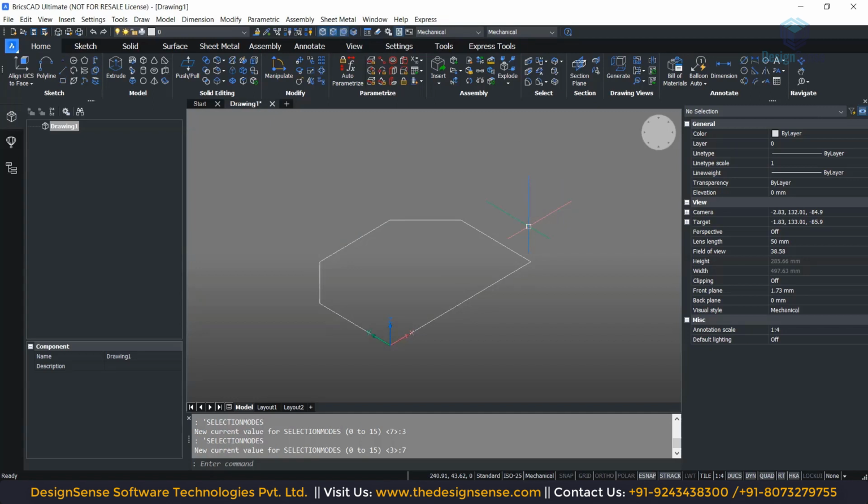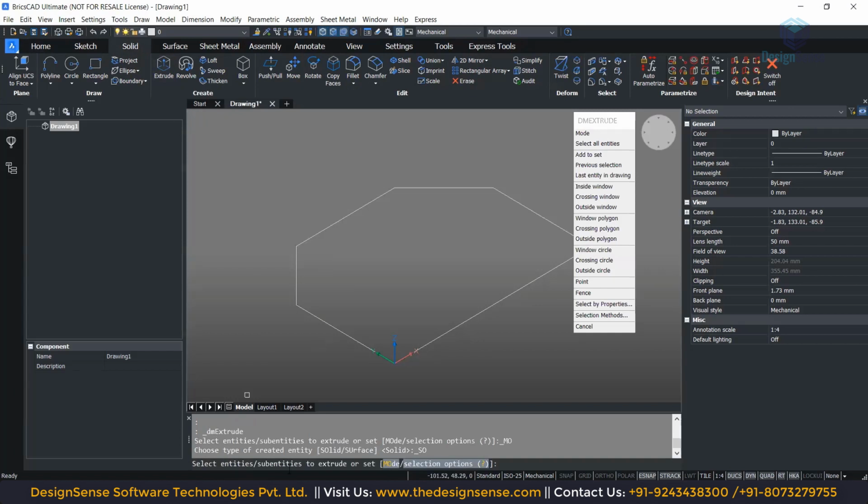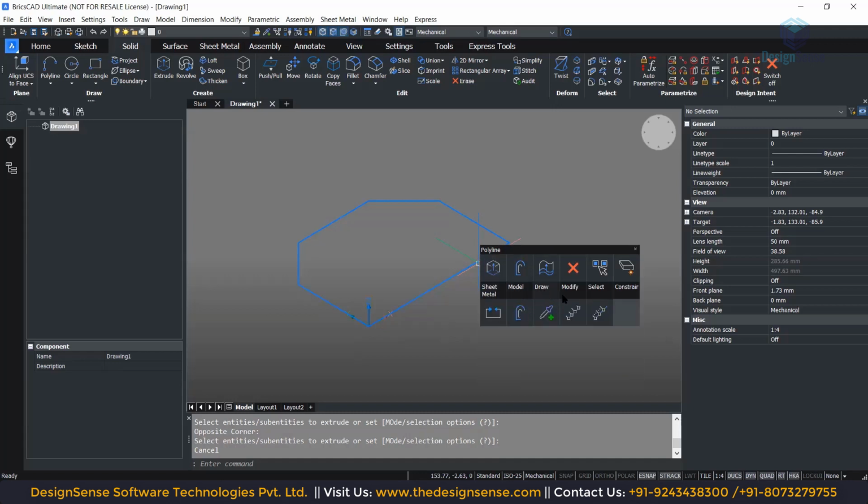Okay. Now the next thing that we'll be doing is extruding our sketch. So giving it a Z dimension, wherein we'll be turning it from 2D to 3D. So extrude can be done again in multiple ways, wherein I can go to solid and select this extrude command and do the extrusion, wherein it's asking me to select the extrusion entity or the sketch that I want to extrude. Or else I can simply use the chord window over here. Make sure this is on, the chord option in the status bar. Now, once the chord option is on, if you hover over the sketch, you get n number of options that you can do